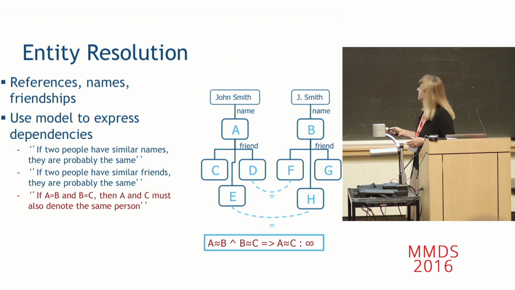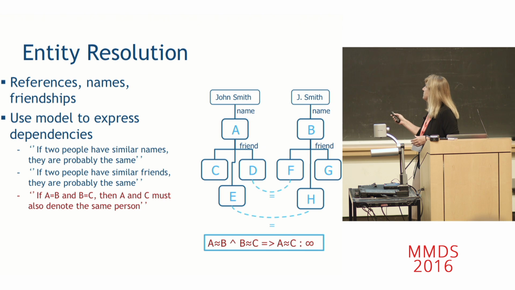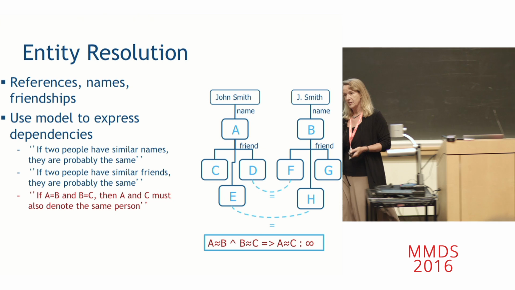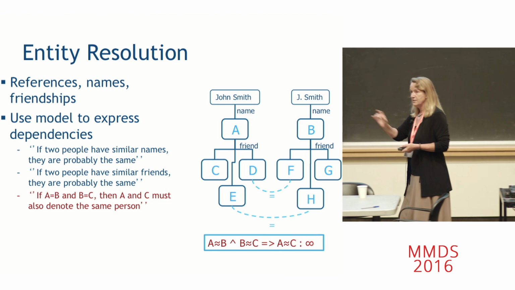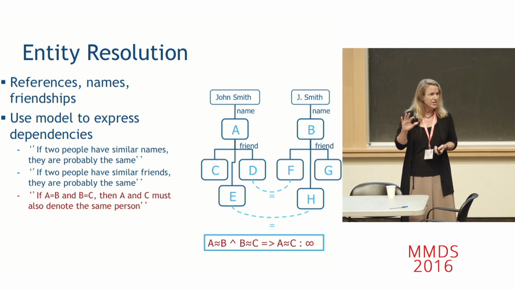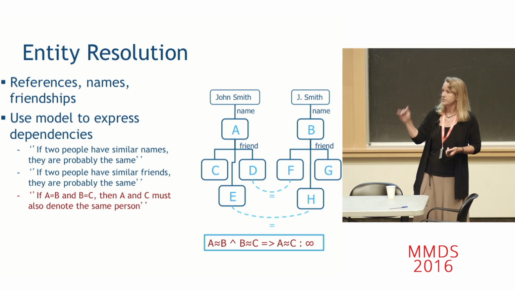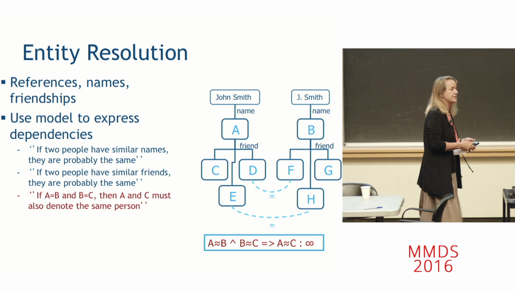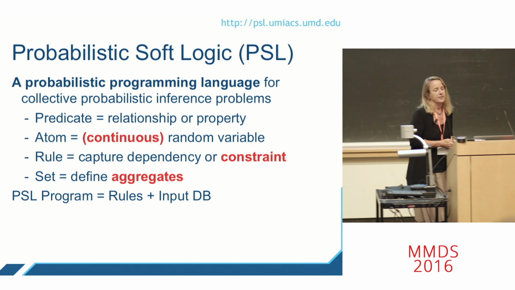And then on top of it, oftentimes you want a kind of transitive closure principle, where if A is the same as B, and B is the same as C, then A and C should be the same. And I've written this as a hard constraint. Usually you actually don't want it to be a hard constraint. You want it to be something that just has high confidence.